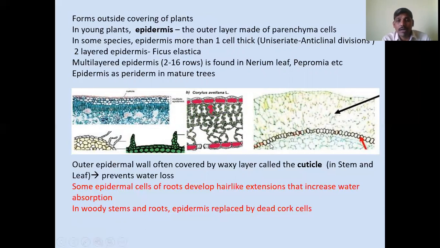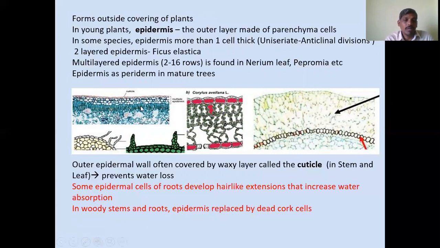But in Orchidaceae members, special modified roots are there, that is velamen roots. In the velamen roots, the exodermis layer outward contains rows of cells which are dead cells, that is, cork cells. So this velamen tissue absorbs water from the environment. This is a dead tissue, containing a number of cells arranged in 5 to 7 or 8 rows. So the main function of the velamen roots is absorption of water.